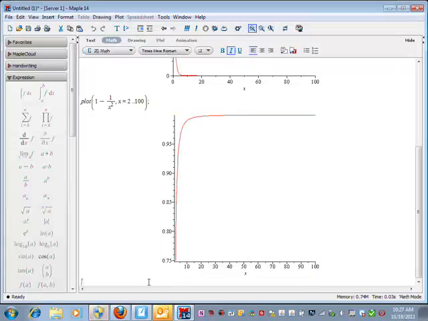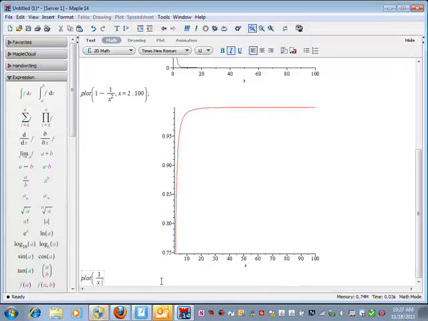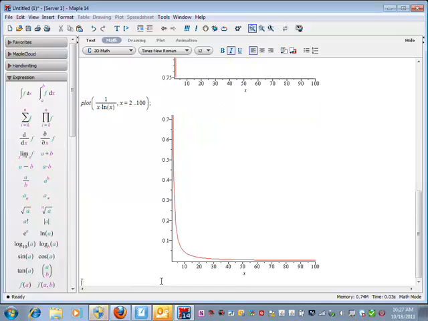See, I thought that would turn into 1. What turns to 1? X times 1 over x. No, it doesn't. It does not turn to 1. It's x times the natural log of x. I knew it wouldn't be that easy. Let x go from 2 to 100. I'm picking 100